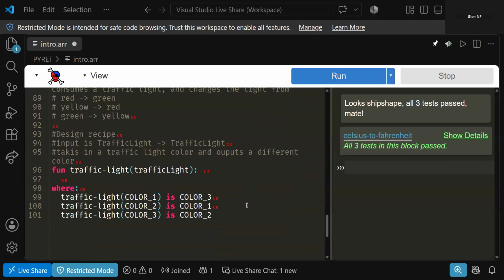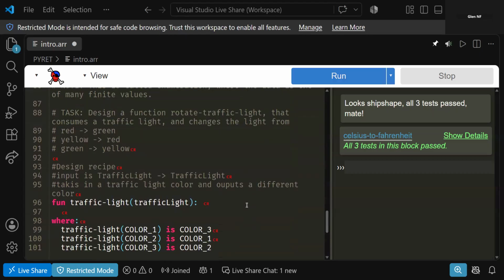So for the function body, we're looking at